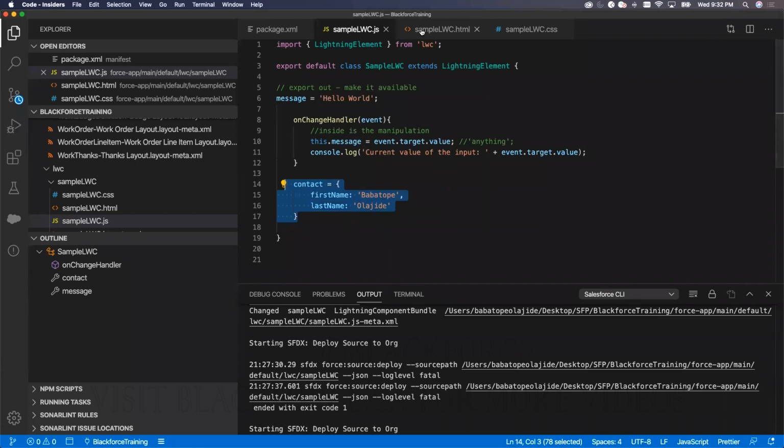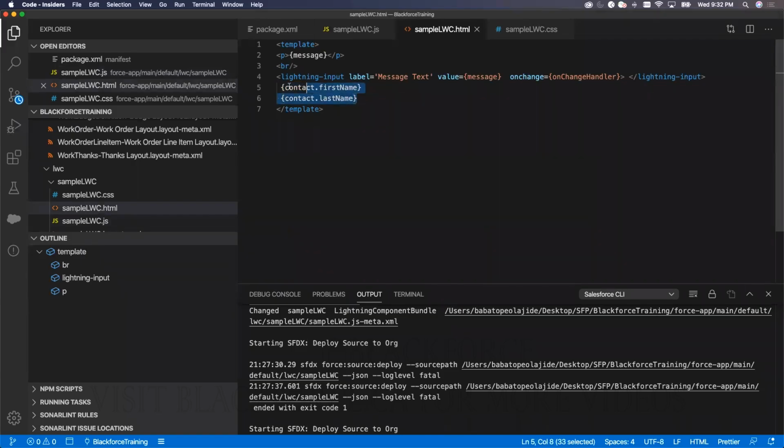In addition to that, you can also write a check. So instead of coding this immediately or displaying the record immediately, chances are the record might not exist. Contact might not have anything. So what you want to do is run a check that says if true or if false, meaning that if true,